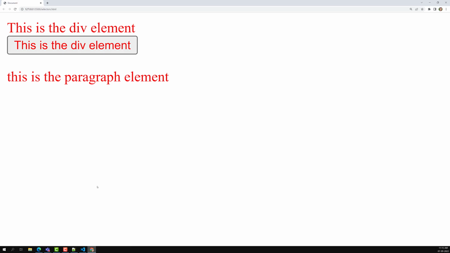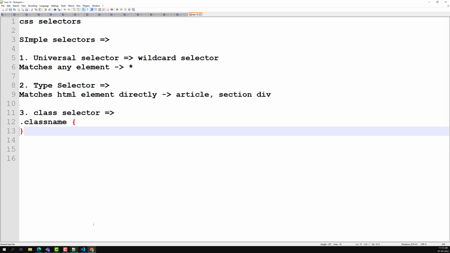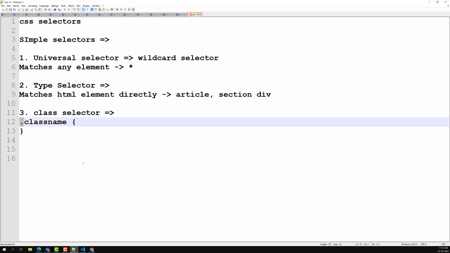Now you noticed that we have used the dot operator here. It is only present in the CSS, not in the HTML. So don't write this dot operator in the HTML. The dot operator instructs the CSS language to match the class attribute members. So next comes the